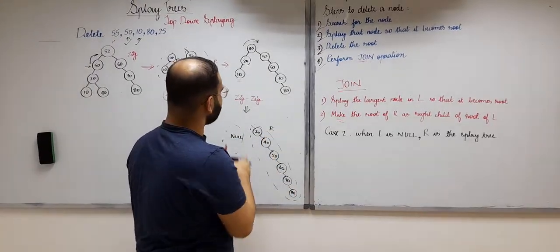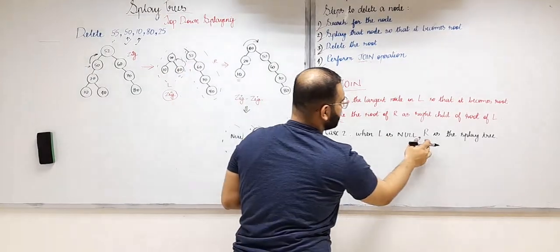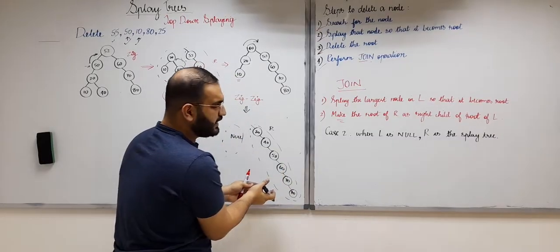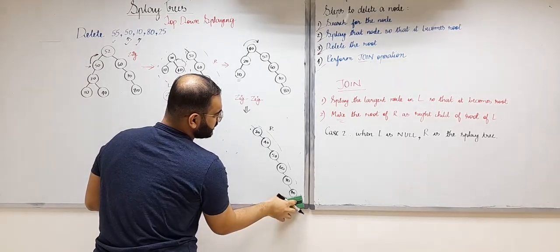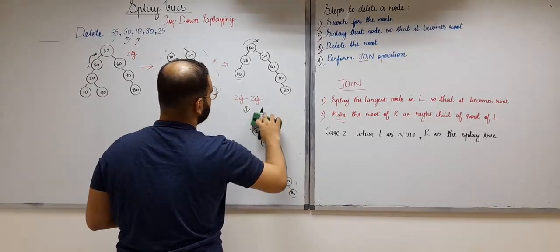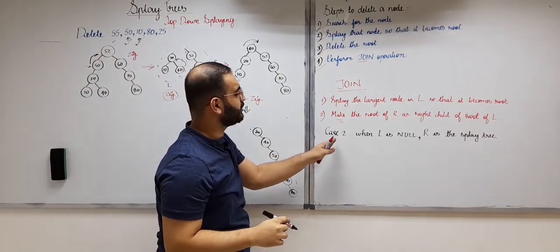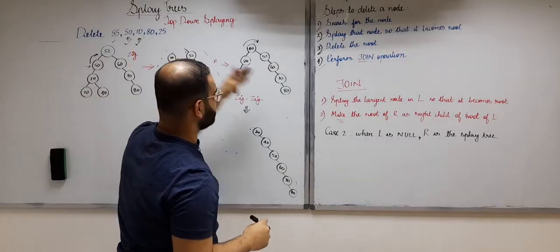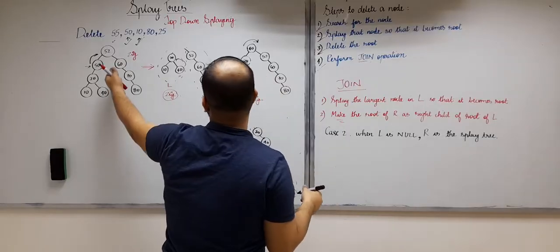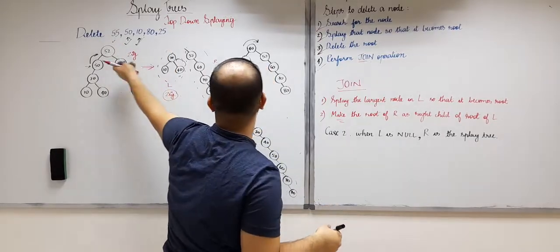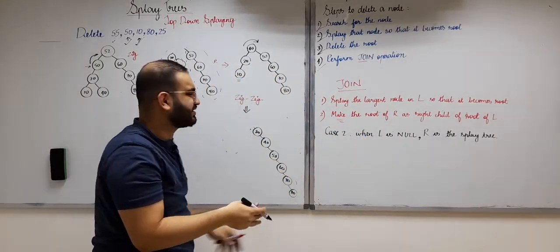So in such a case, when my left subtree is null after I deleted the root, what we do, as I've written over here, is that this right subtree will be our new splay tree, right? So we don't need to perform the join operation when our left subtree is null, okay? And our 10 is also deleted, right? And this normal case which we did, where we deleted 50, was actually our case 1. So that is why I've written this as case 2.